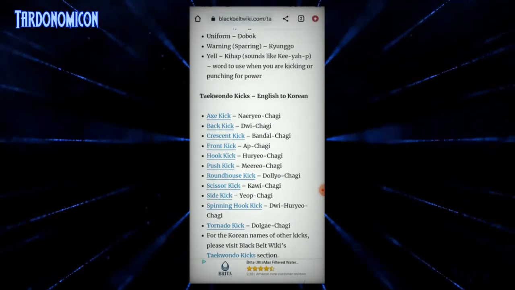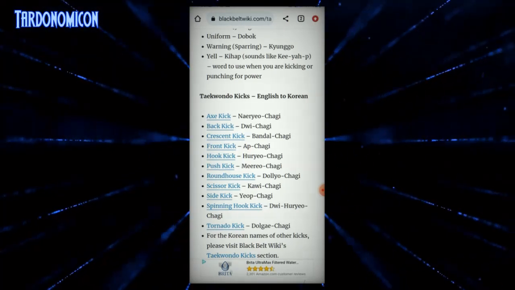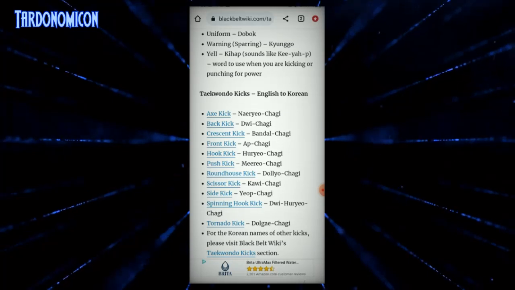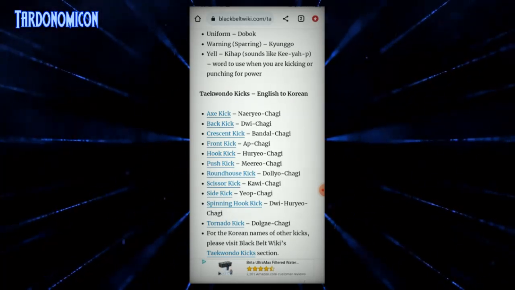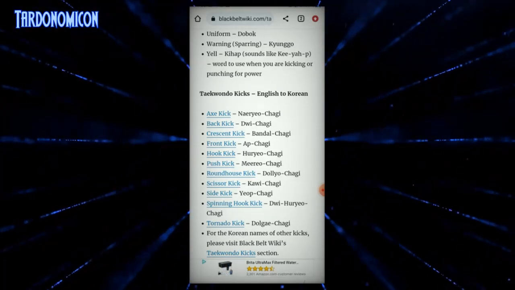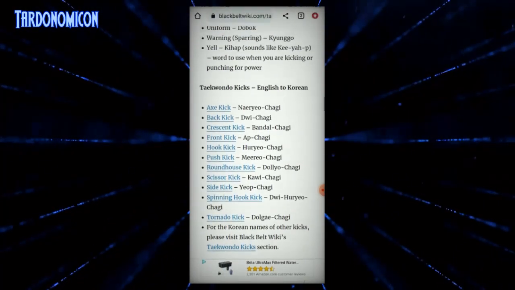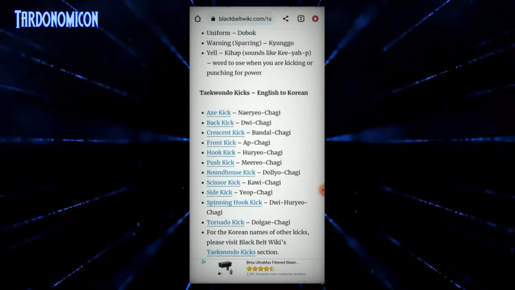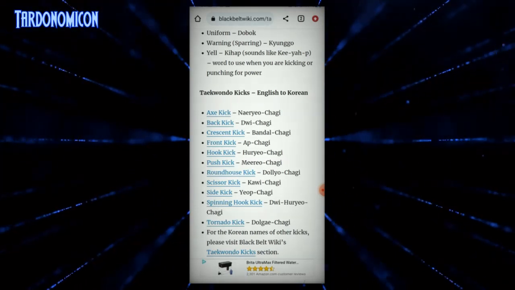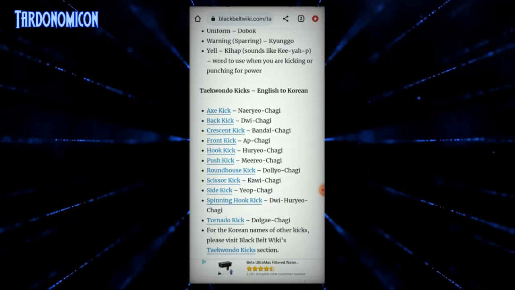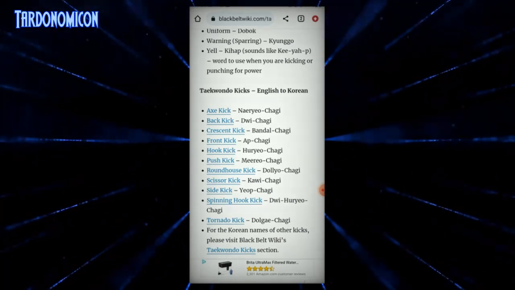you need to know the Korean commands so that you can actually do what you're being told to do. Unfortunately, the Korean language has different dialects. For example, North Korean is different than South Korean, just for a very easy example. If you have an instructor from North Korea, they're going to sound a lot different in how they say things than somebody from South Korea,